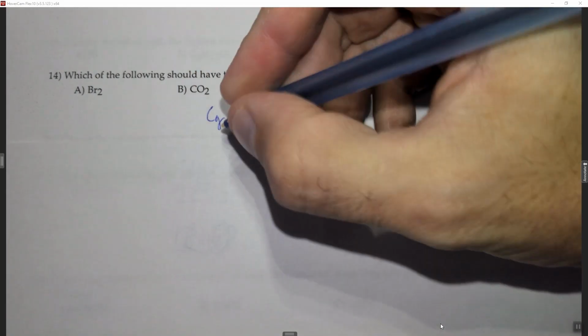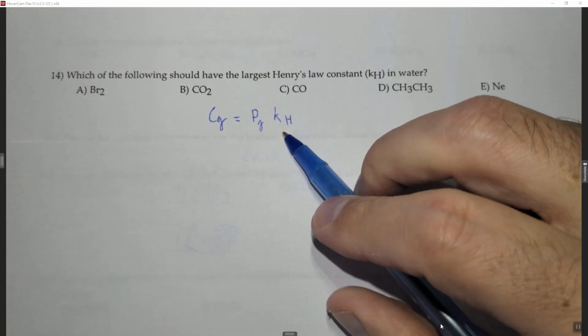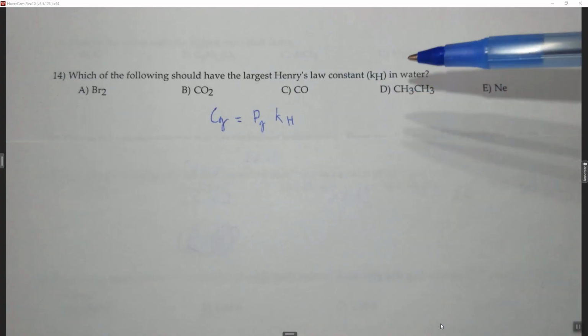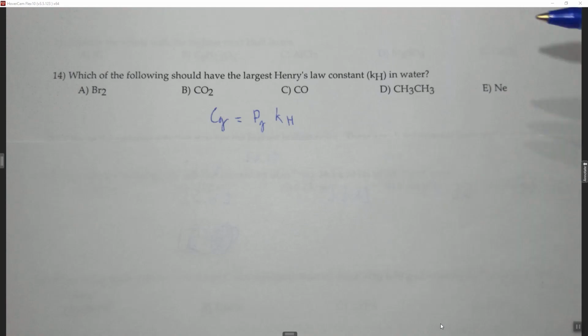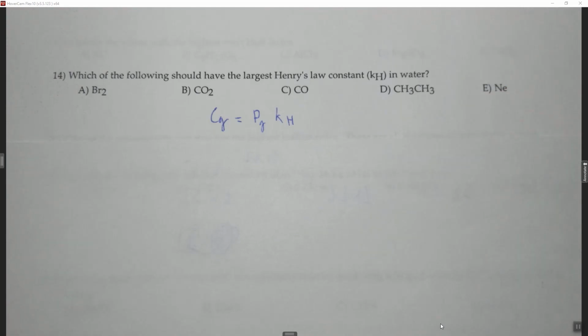All right, number 14 says, which of the following should have the largest Henry's law constant in water? So Henry's law is the concentration of a gas equals the pressure of a gas times the kH, which is the Henry's law constant factor. Now, effectively, what we're trying to do here is see which one has the most similar intermolecular forces with water,